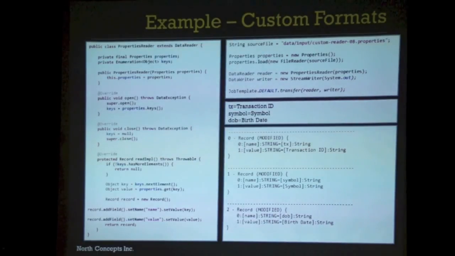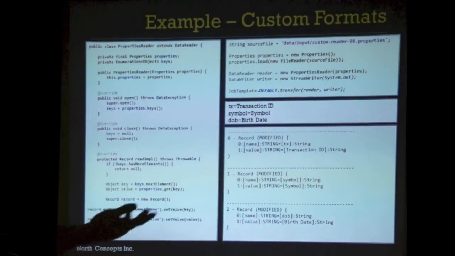How you might use something like this is in the top right-hand corner. Let's say you're reading in some properties. You create the Java util properties, load it from a file, and then pass the properties into your properties reader. And then you can create a writer, which is basically a stream writer. All it does is writes records to